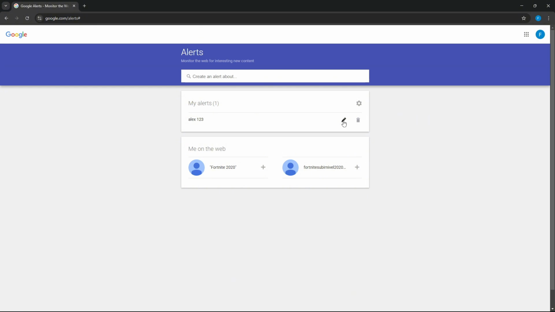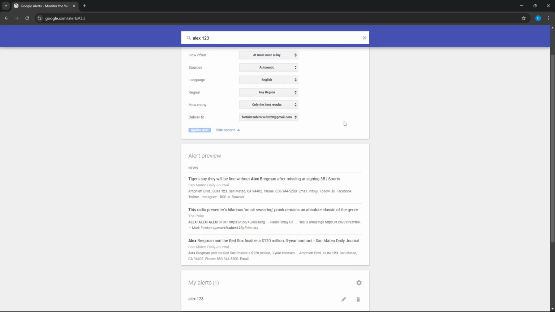In here you can also click on this pencil to edit it. And here you can select how often you want this email when someone uses this alert to be sent to your email. You can also click on the sources and click the type of things you want to get emailed. Like if you want videos,